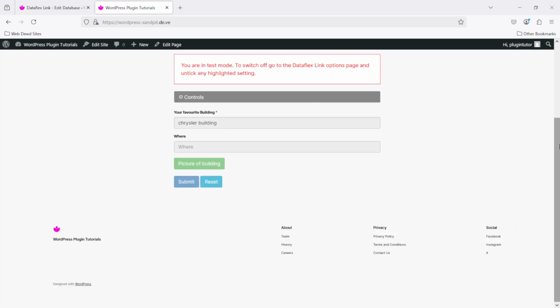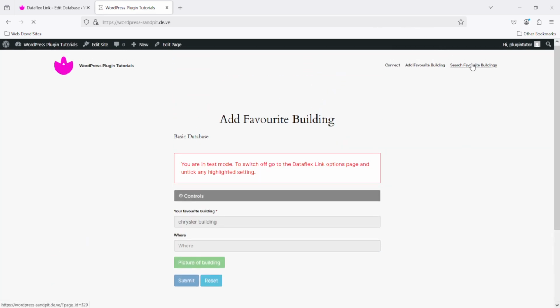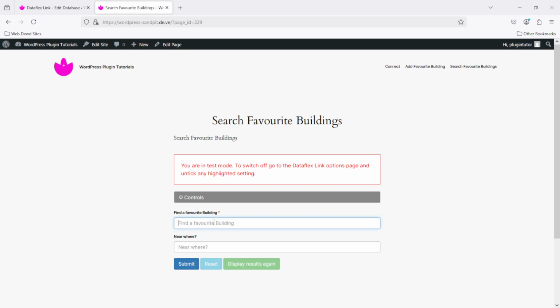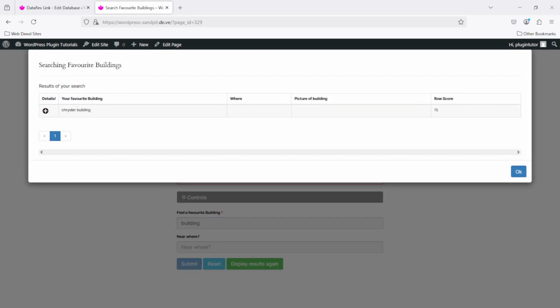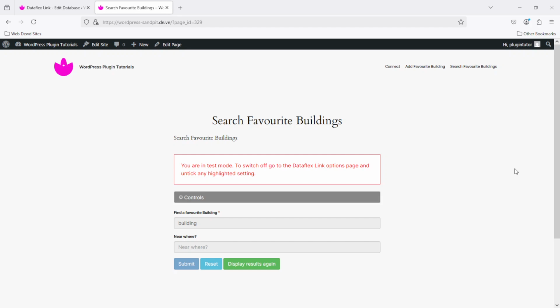And if we do a search, I'll just type building. And there we go, we've got it there. So what we can do is we can restrict this user, paul@test.com, from using either the search or the entry form. So what I'm going to do is go back to